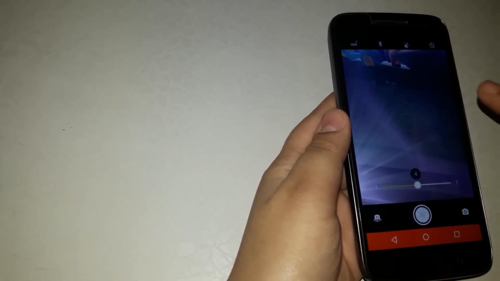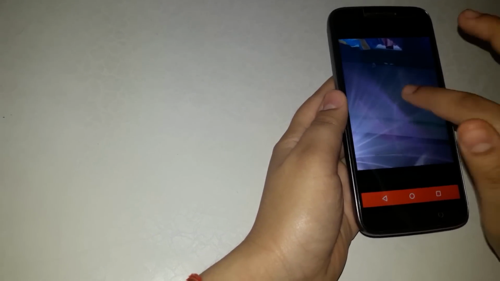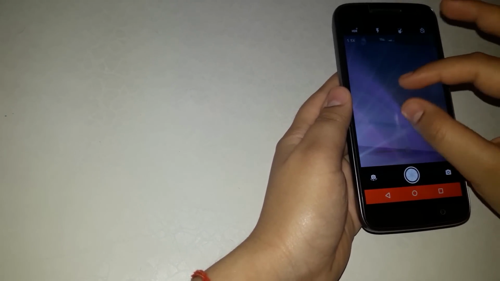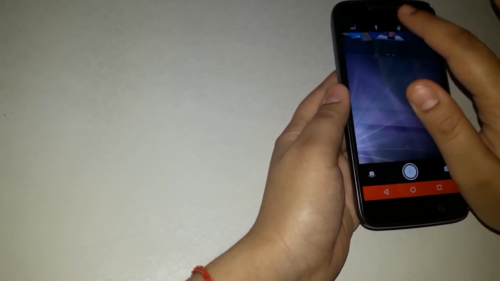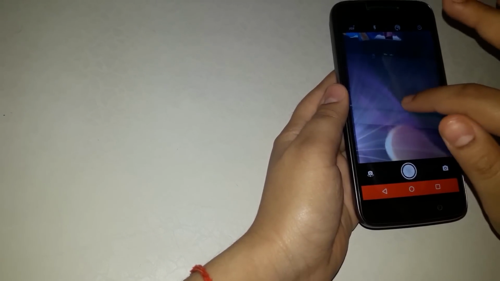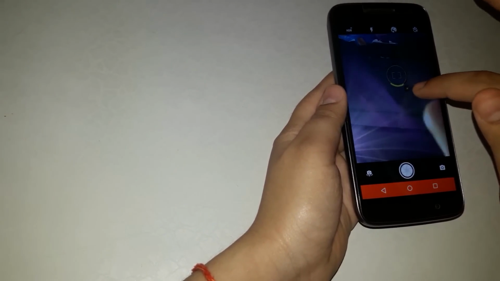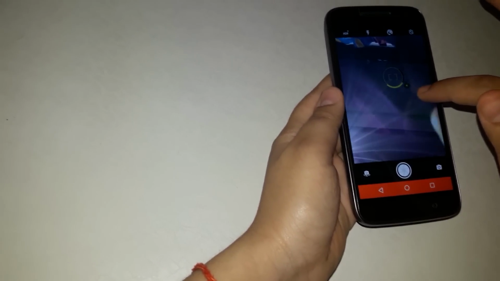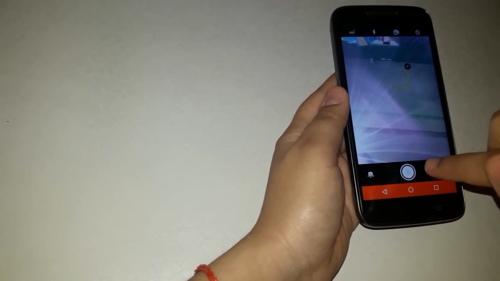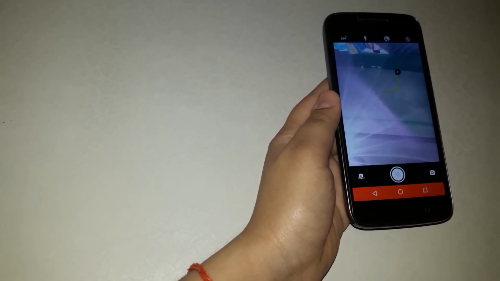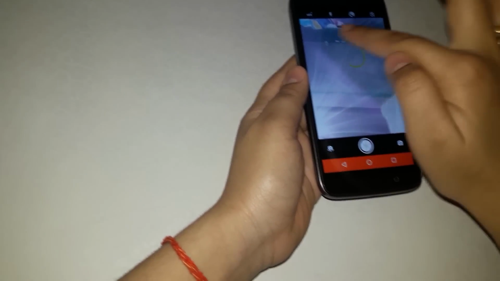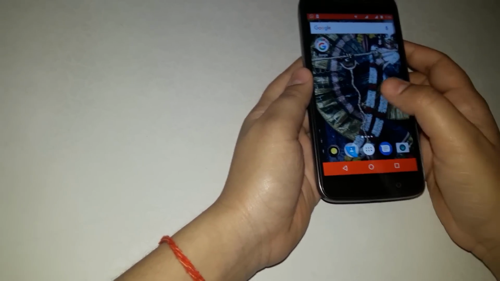Just select that, and one option, manual, is here. Suppose here you want to take the photo, and here you can adjust it. See, you can adjust it according to your need. The brightness will go up and down, or you can adjust it, and after that click the selfie. The whole photo will get shot taking this brightness setting in mind. This part will be brighter. So this is a very good feature.